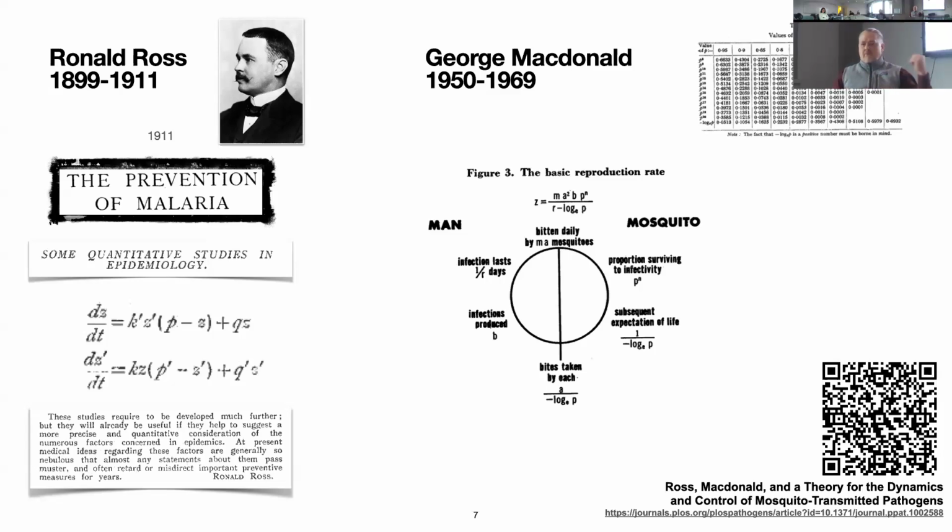And this synthesis that was performed by George MacDonald in the 1950s ties all of this together and assigns names to parameters. And this is where this basic concept of R naught comes in. R naught actually comes from Alfred Lotka, who was a human demographer. Little known among many people, though, he also published a solution to Ross's 1911 paper in 1912 in Nature. And he had this long-standing interest in malaria. In 1923, he published a 5-part analysis of the Ross model. He's the one who invented R naught to analyze life tables for human demography.